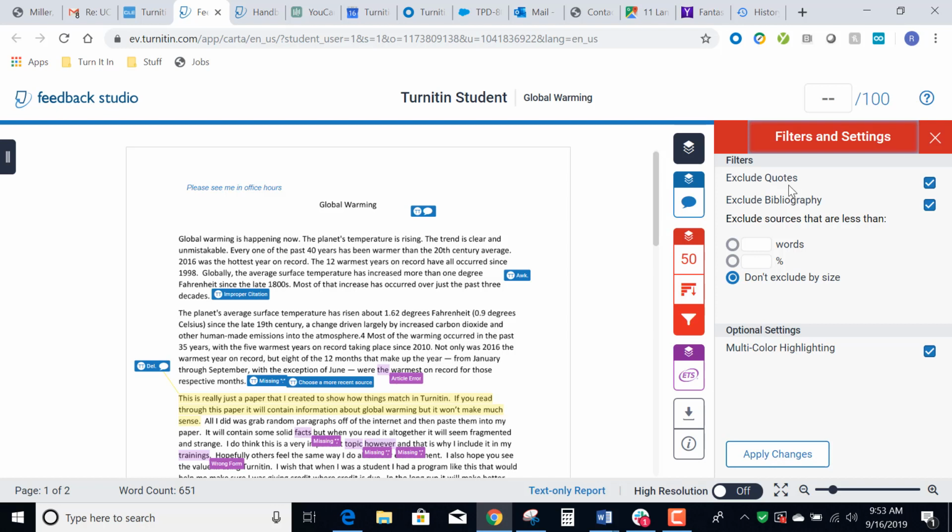And this time it will not check any content that falls within quotation marks, and it will not check any content that falls under the words references, works cited, or bibliography. Likewise, you have the ability to exclude small sources. As you saw, Turnitin will find you small sources down to 1% and 2%. If you would like to see what your score would be without Turnitin checking for those smaller sources, you could